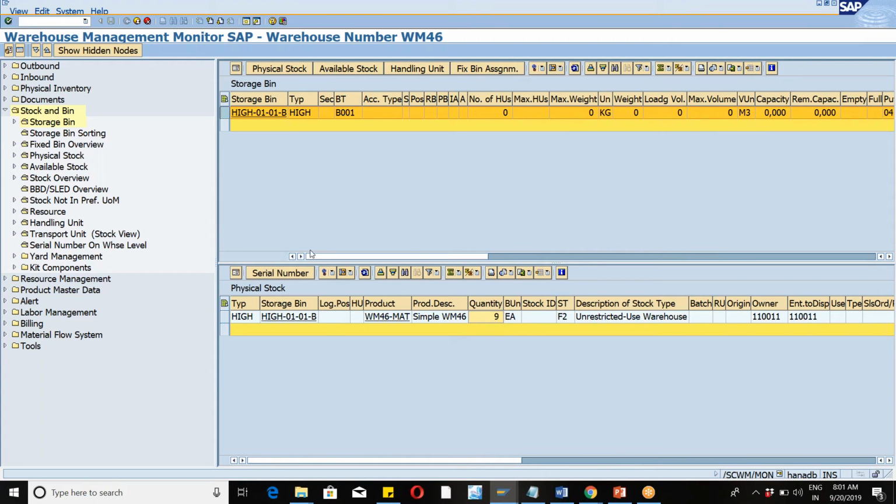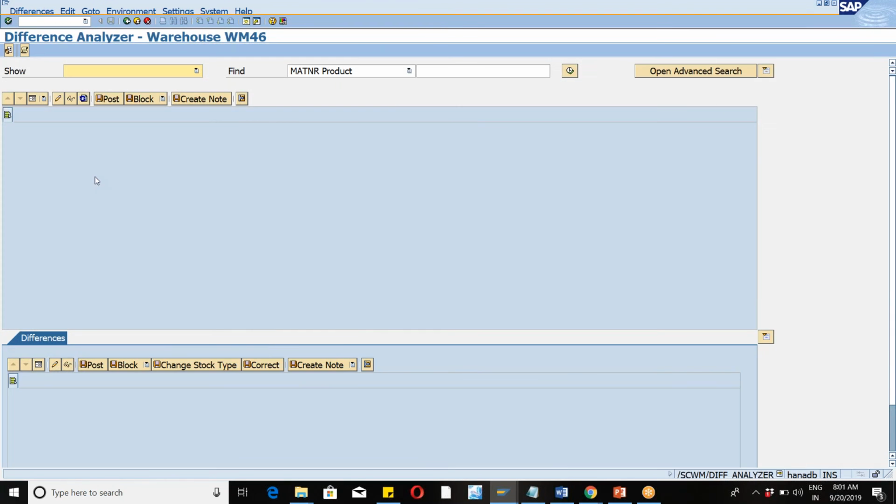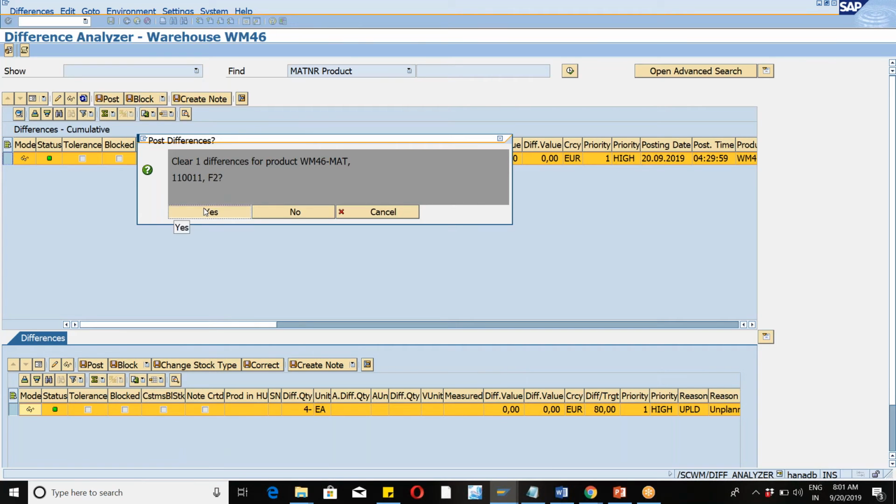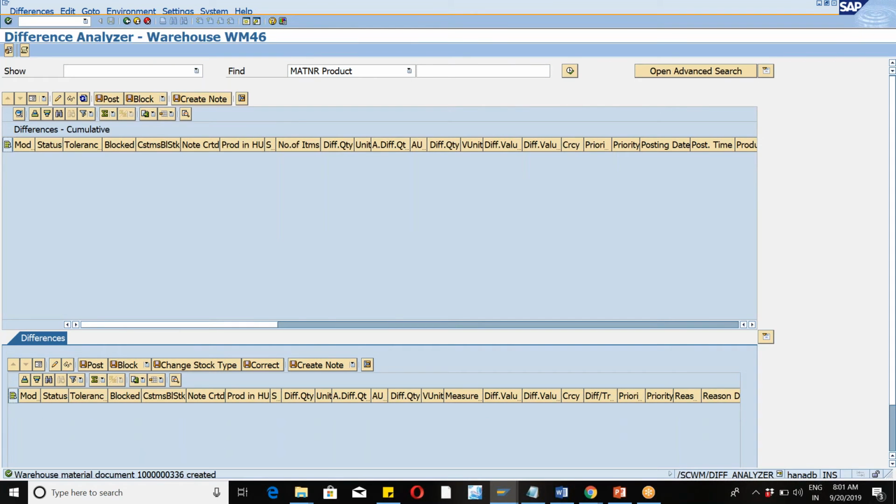Earlier it was 5. After that we made it 10, I mean, first 10, then 9 after the recount. Now I'll go to the difference analyzer. The difference quantity, because we have recounted, came as 4. Now if I post this particular document,